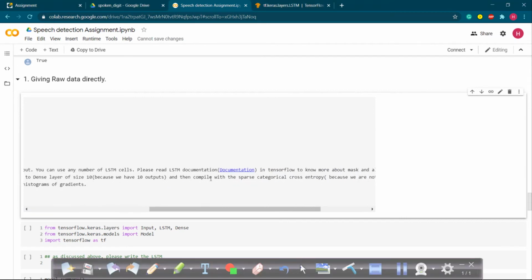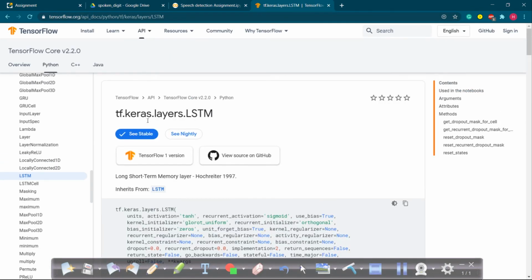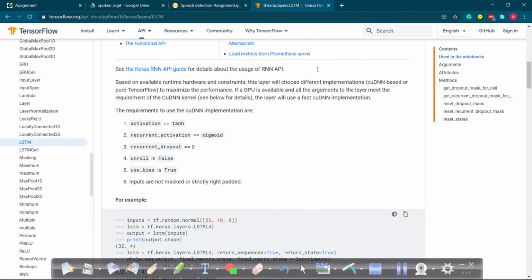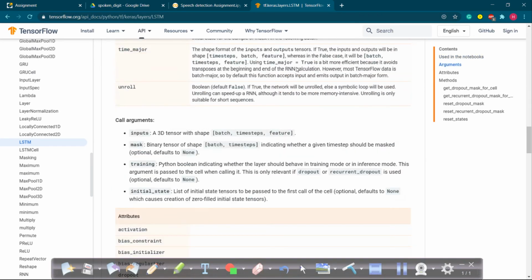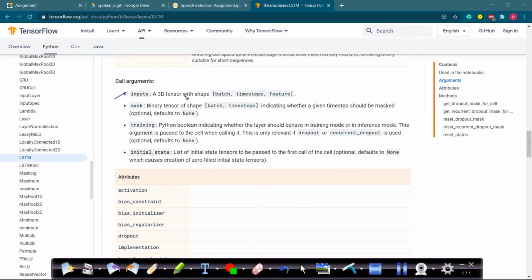Please read the LSTM documentation in TensorFlow to know more about the mask vector and about masking and padding. Let me open this documentation for you. In tf.keras.layers.LSTM, you can pass the following call arguments to your model. The first one is your input, which is basically a 3D tensor with shape batch, number of time steps and features. Along with that, there are some optional arguments as well.